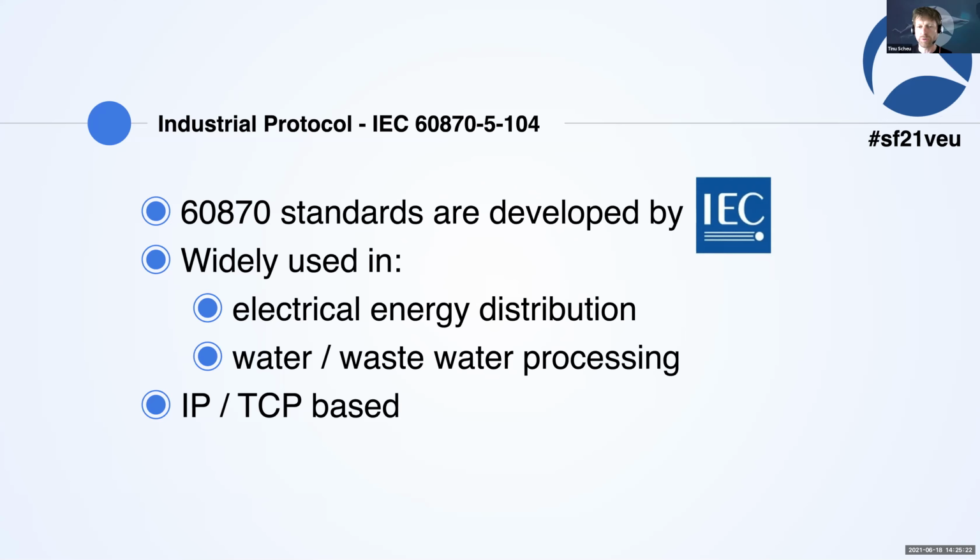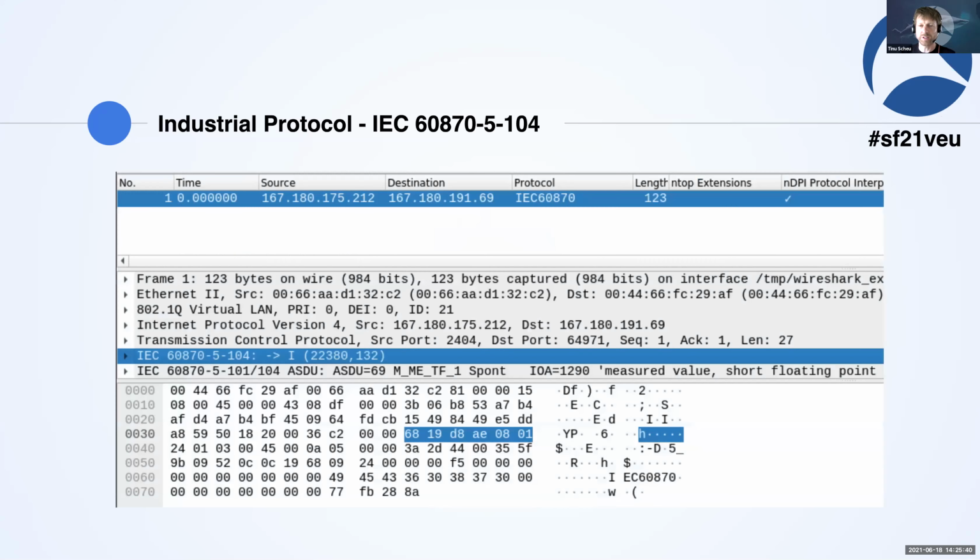It is widely used in energy distribution, but also water and wastewater processing, and is based on TCP/IP. For colleagues in the US, you might be familiar with DNP3, which is very similar to the 104 protocol. Luckily, Wireshark already dissects the protocol, and you can see all the information you need to know out of the standard